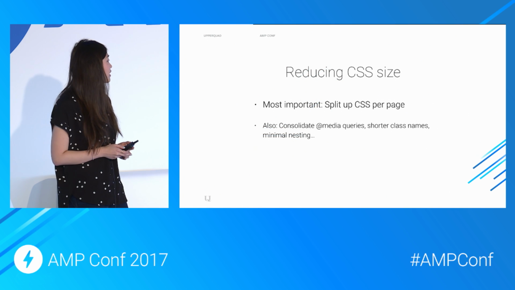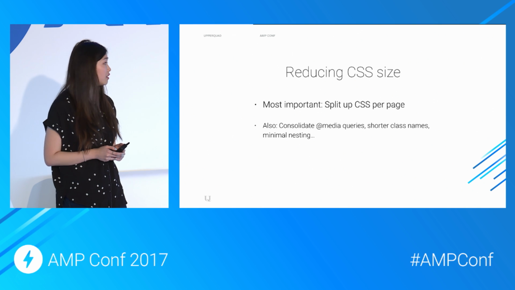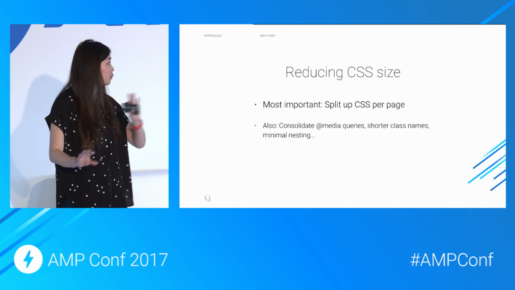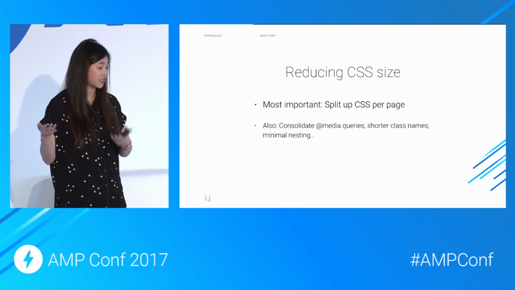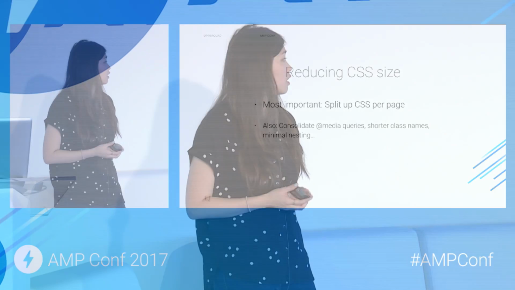Talking about CSS, the most important thing that we did to keep down our CSS size was splitting up the CSS for each page. So the home page gets its own set of CSS, the case studies, et cetera, get their own set. We were also using SCSS, and that, for us at least, kind of encourages you to come out with a lot of big CSS files. So there are little things you can do when you're just at that 50K limit to push it down, like consolidating your media queries, which are pretty long, so any that are the same, just have it once. Make your class names shorter, don't nest too much, stuff like that. But the most important thing was splitting up the CSS.